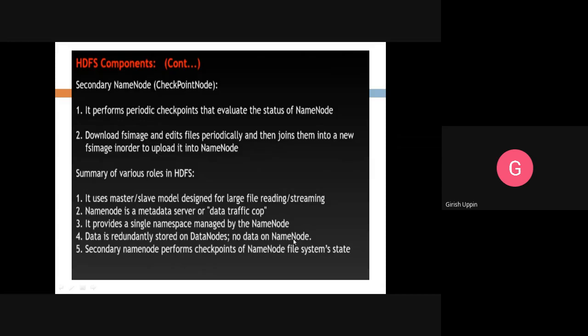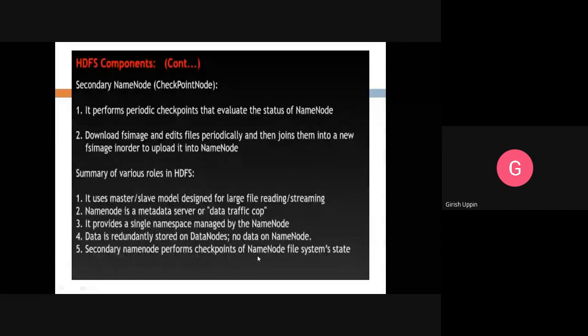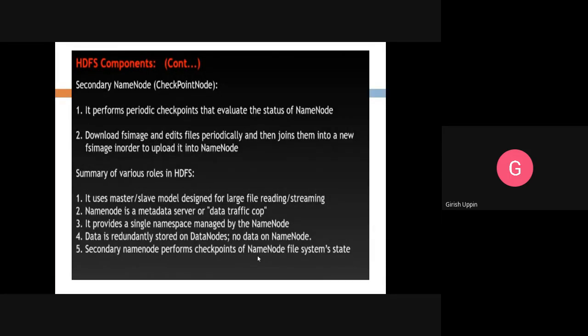So the name node will not have any actual data, only metadata. And we store multiple copies, which is how it is redundantly stored. The secondary name node performs checkpoints of the name node's file system state. So the name node will perform the checkpoints at regular times, and it will maintain the current state in the fs image.